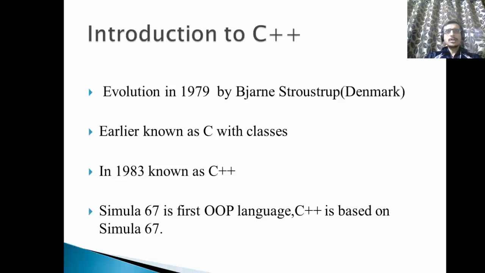So today we will start our first lecture, that is Introduction to C++. Before going into C++, first of all we must understand what a program and a programming language are. A program is basically a collection of logical set of instructions. Okay, so it is a set of logical instructions that a computer or a machine can understand.